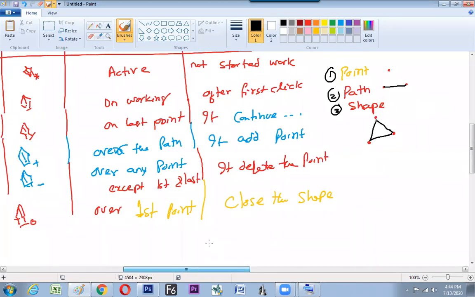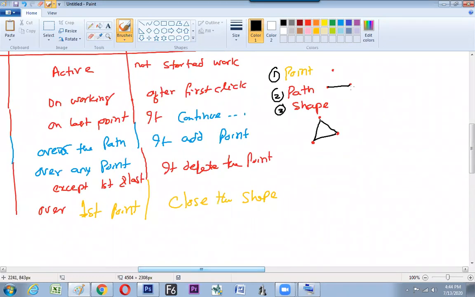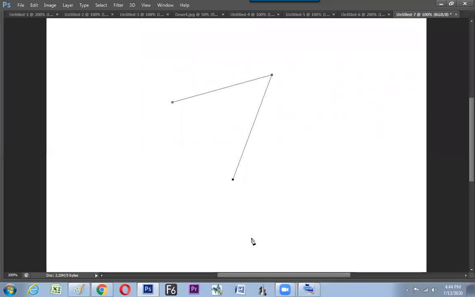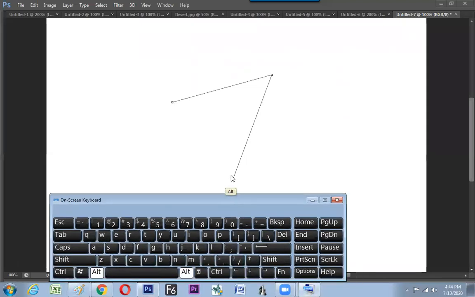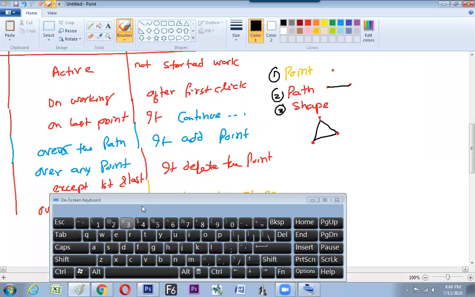Now the next exercise: on every point, if you're holding the Alt button, now catch the screen. If you're holding the Alt button, which button? Alt. Check the screen. Then the pen tool will come up with an inverted V mark. Can you see? Inverted V mark. It raises a straight line if you drag from there, and it is technically called a tangent. So now again a technical term, tangent. By holding Alt, drag from the edge after finding the inverted mark of the pen.